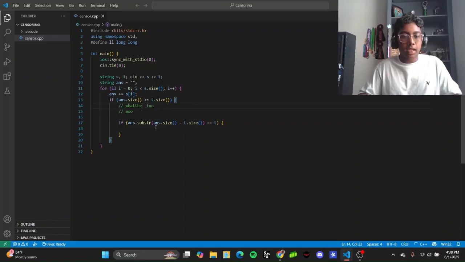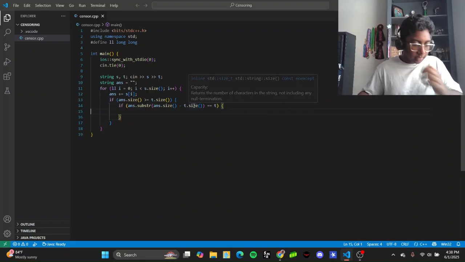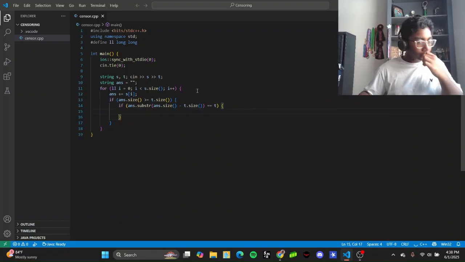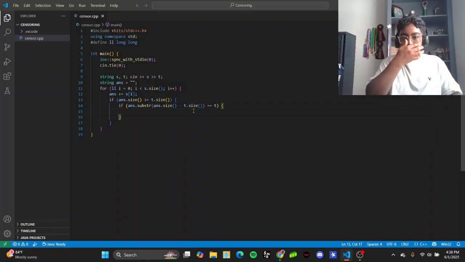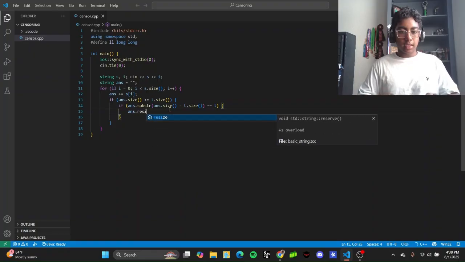Then this f would get shifted over here, and for the rest of the steps, we would never match, because all the moos are gone. So that's how that works, and that's also how you use the substring function. Now after you do that, this is how we delete the censor word. So we use the C++ function called resize. So what we do is answer dot resize,